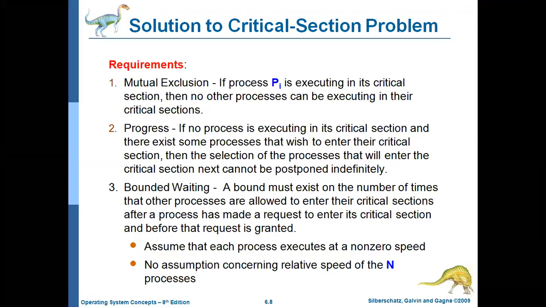At that time, you need to select only one process among the many processes to enter into the critical section. Whenever you want to select, that selection process should not be delayed or postponed infinitely. That is called progress. That means immediately you need to select one process to enter into the critical section. Why? Because all the remaining processes are waiting to enter into the critical section. You should not postpone the selection process indefinitely. That is called progress.